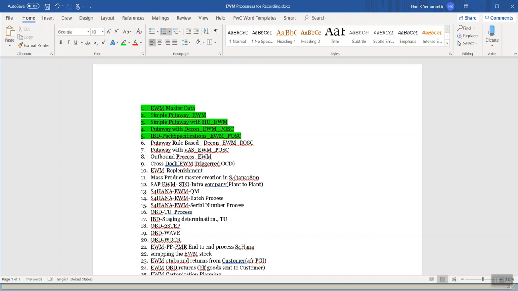That means without assigning the storage types in the storage control process, we can make the system trigger the movements automatically. That is possible with the rule based. We will see how that rule based will work, one by one. So our next topic will be to work with the rule based POSC.